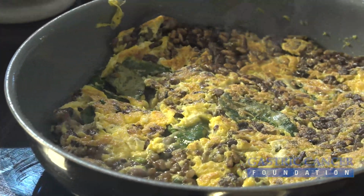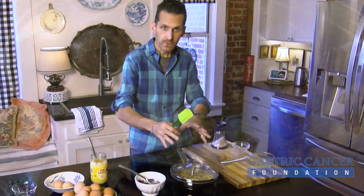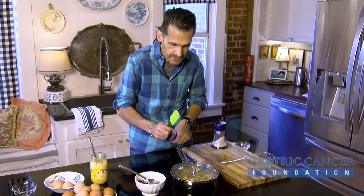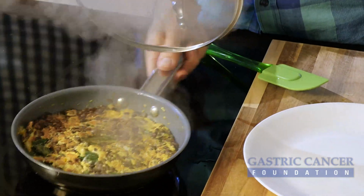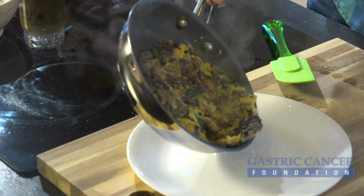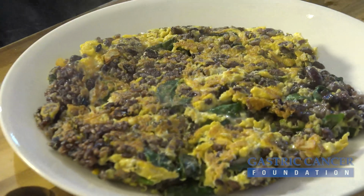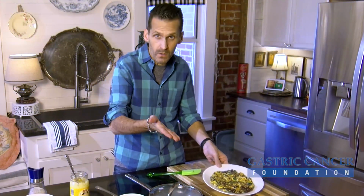I'm gonna go ahead and turn off the heat, cover it back up, and let it sit for a minute until the whole thing sets again on the other side, and then we'll pop it open and eat it in just a second. All right, so that is looking perfect. And so all I have to do is slide this onto the plate, and that's way more than I can sit down and eat. I mean, that's pretty ambitious, but that's for 2 people,